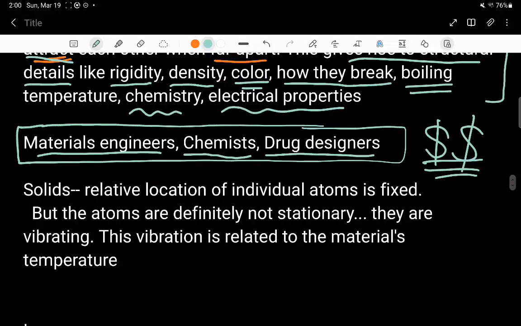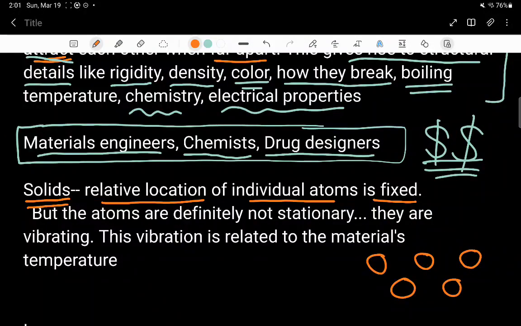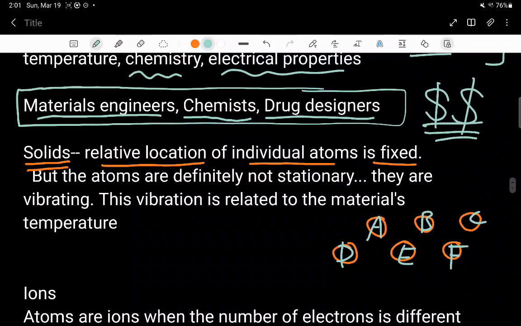All right. So as an example of thinking about atoms and materials, let's think about solids for a moment. So in solids, the individual atoms, they have relative locations that are fixed. That is, if I have a little grouping of atoms that are in a solid, and this atom is called A, and this one is B and C, D, E, and F, right? If they're in a solid,